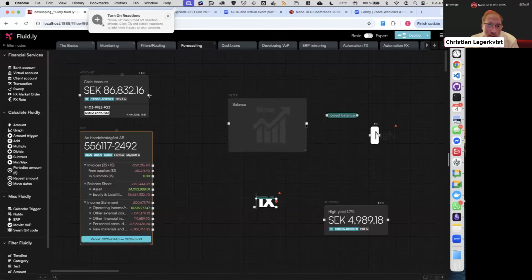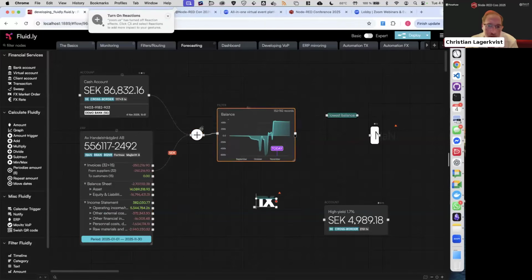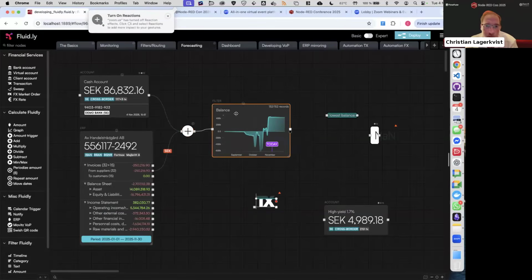So creating a forecast, I'll take this bank account like that, put it into a timeline, and take the invoices like that.